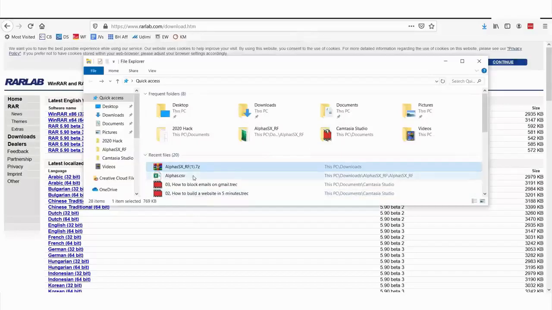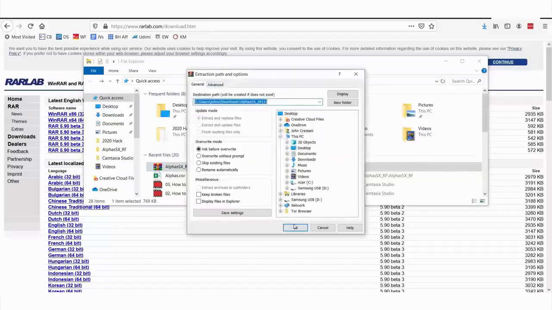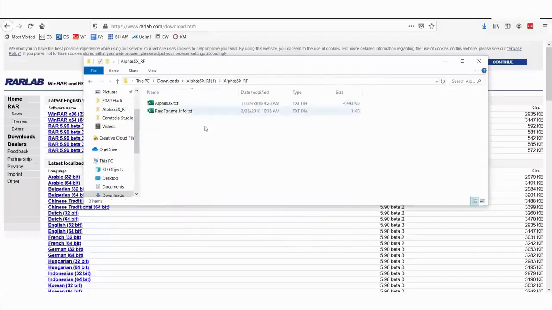Now, once you've downloaded WinRAR and installed it, you will be able to open up this file, which is the database I downloaded. And here I am. I'm just going to extract to my downloads, and I'm going to open up the folder, and you'll see here that we actually have a file, but it's a TXT file, okay, which means it's a tab separated